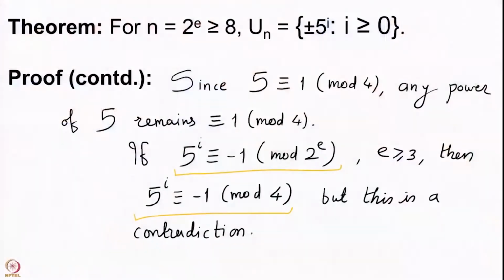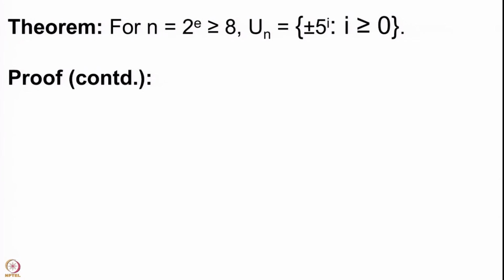Second thing which is proved by this is that 5 cannot be a primitive element, because if 5 was a primitive element, if the order of 5 was 2 power e minus 1, then its powers will give you all the elements in u 2 power e. In particular, it will give you minus 1 as well, but that is not possible. So, this tells you in one shot, thus d, which is the order of 5 in that group, is 2 power e minus 2.